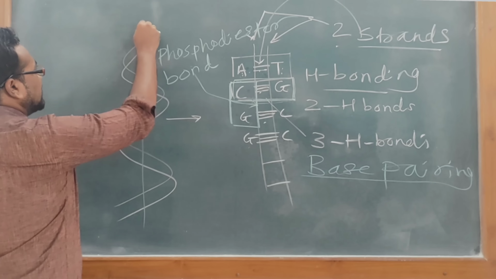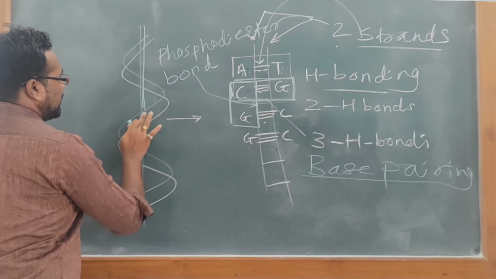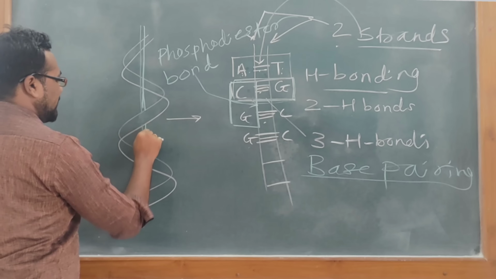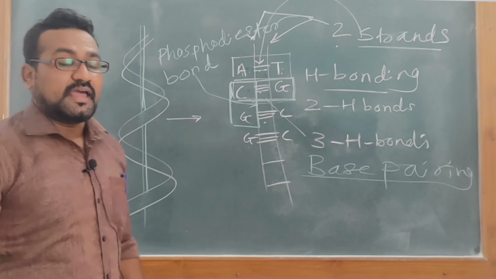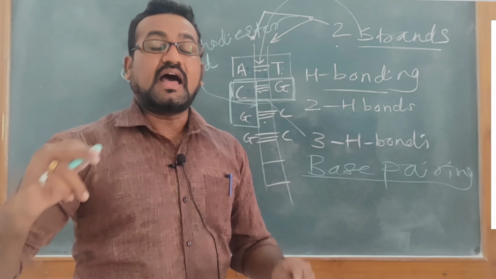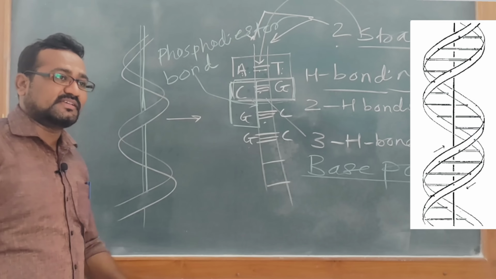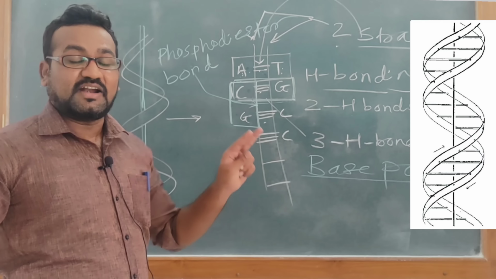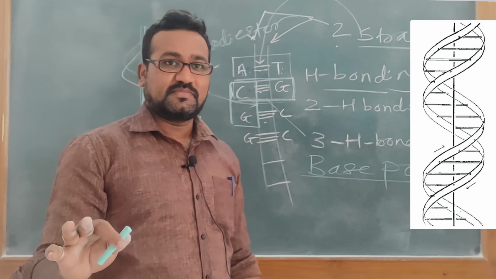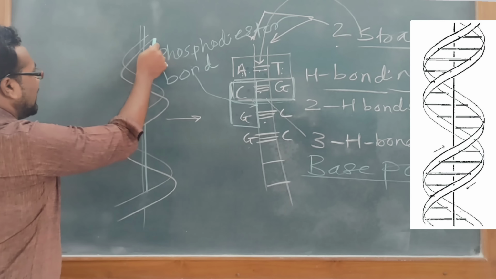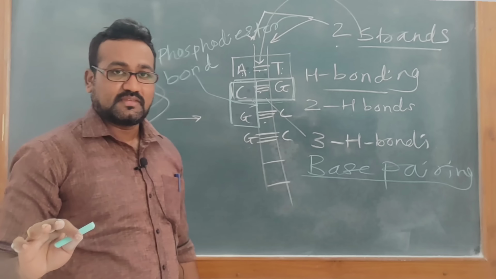So you can say that here there is no such structure present. It is just for understanding. An imaginary axis around which the DNA is circulating. Imaginary axis means there is no such axis. Try to understand. Here I have drawn this axis for understanding purpose only. Okay, so DNA is circulating around this axis, you can say here.